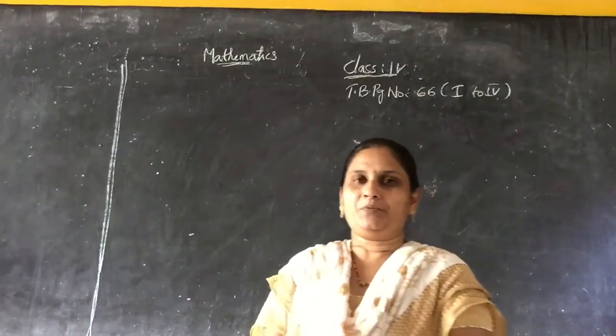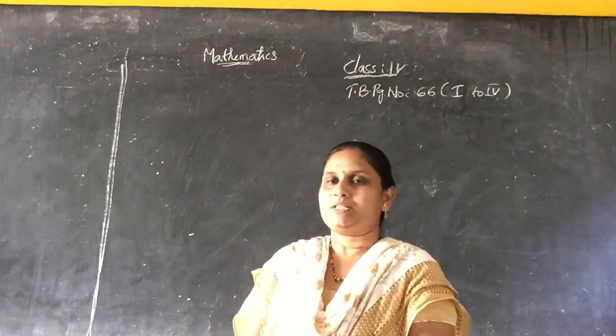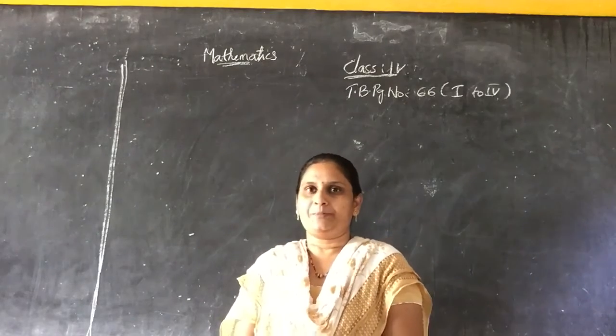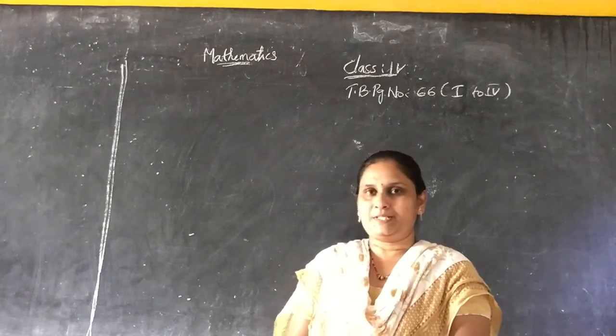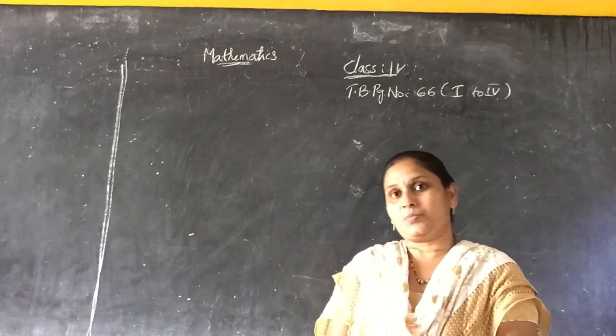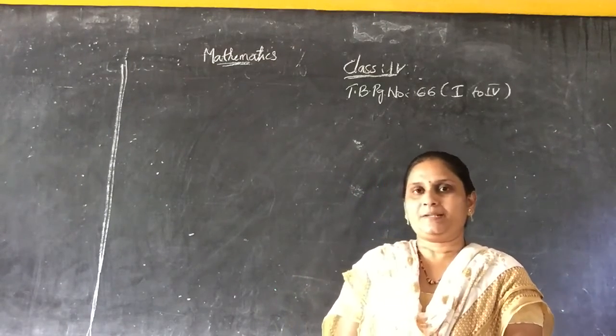Good morning children. So up to now we discussed what is a prime number, even numbers, whole numbers, natural numbers and even whole numbers. This all we completed, isn't it? And about the prime numbers, composite numbers also we discussed in the previous classes.